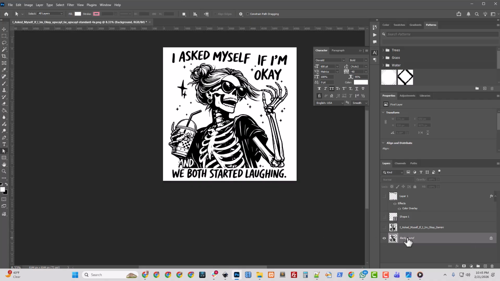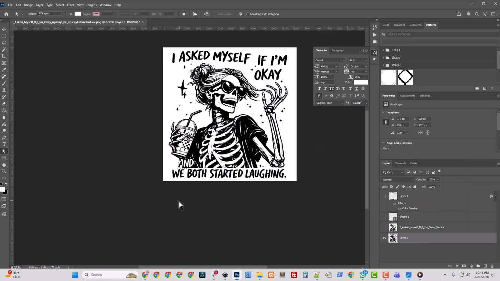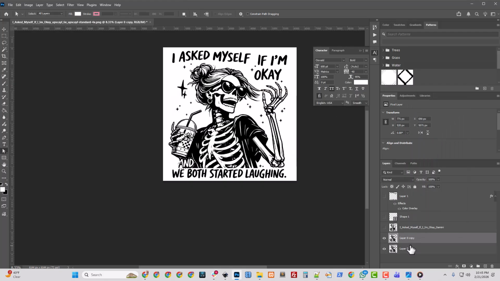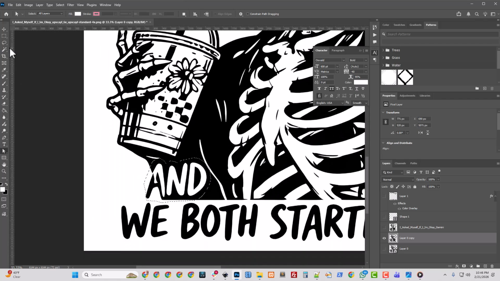Okay, this is the background. So we'll just do a layer from background. And I'll duplicate it because the ChatGPT version is the one I'm going to actually work on. We'll convert it to a smart object. We'll hide it. We'll grab this layer and we'll drag around it to make sure we get this part. And we'll just paint it white. So let's just paint that white.